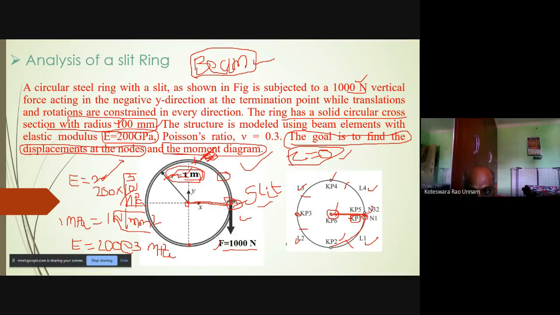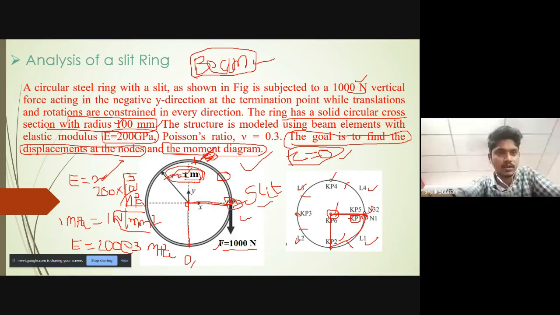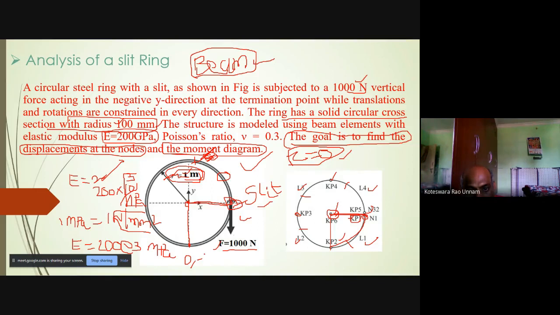For this, x will be 0 because it is on the same y axis, right? Yes, sir. X is 0 and y is 0 comma... Now, y. What is this distance from the center point to this point? Again, it is the radius, right? Yes, sir, 1000. It is in the negative direction, right? Yes, sir, negative direction. Y is upward. So negative means you need to take 0 comma minus 1000. Negative you have to take, that is important. 0 comma minus 1000.